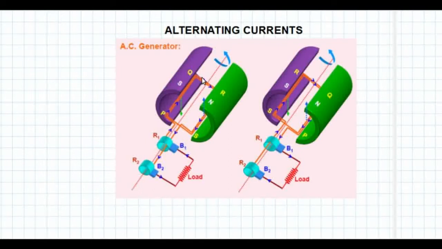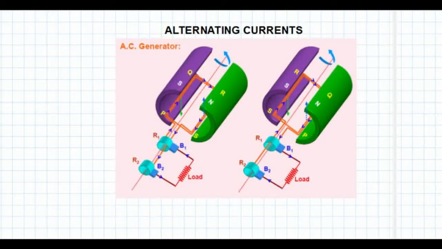And when this rectangular coil rotates in this magnetic field, the magnetic flux linked to this coil will change, right? This in turn produces a current. So when this coil rotates, a current is produced in this coil, and this current flows through the brushes B1 and B2. So the current flows through the load, coming through the brushes B1 and B2. Actually, the current flows from B2 to B1, right?